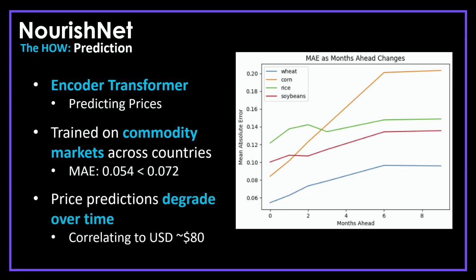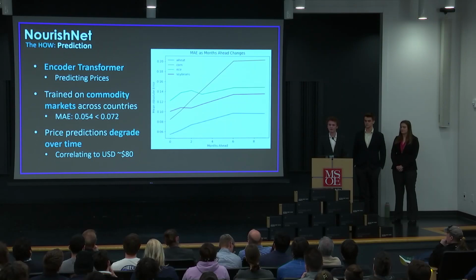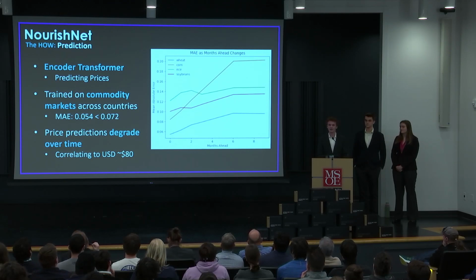Looking at the plot on the right, you can see as the model tries to predict more months in advance, the error increases, flatlining around 6 months. We believe this happens because long-term trends have similar predictability compared to short-term trends. It's also important to note that the model does not have any additional information that it would not have in a real world when predicting multiple months in advance. Correlating this error to USD, it's about $80 per month in a domain that's thousands of dollars. And correlating this to commodity items, in Argentina, this would be about 200 kilograms of wheat saved per month.